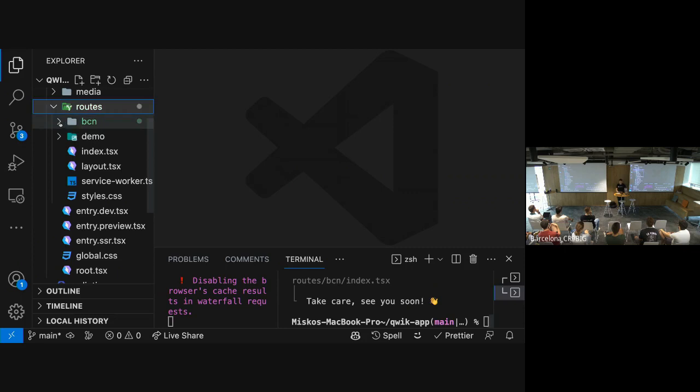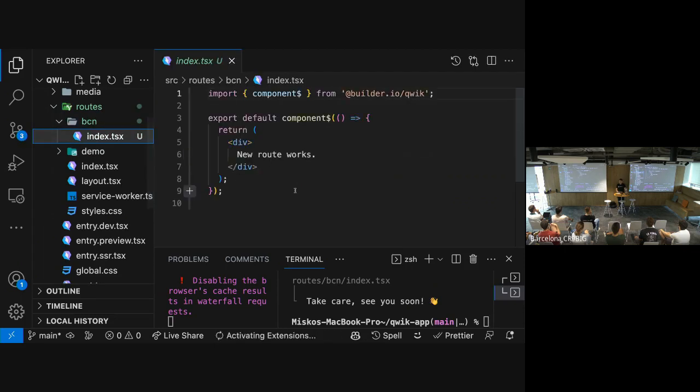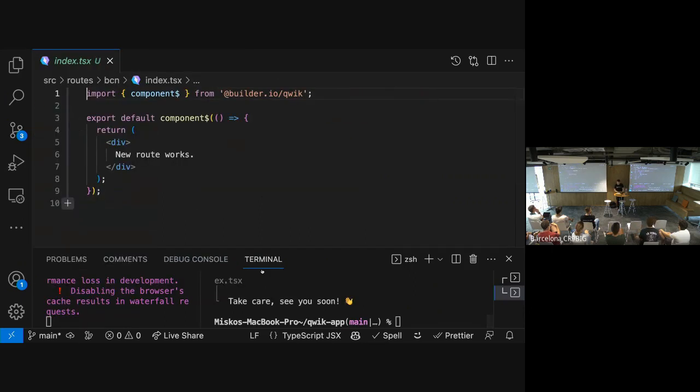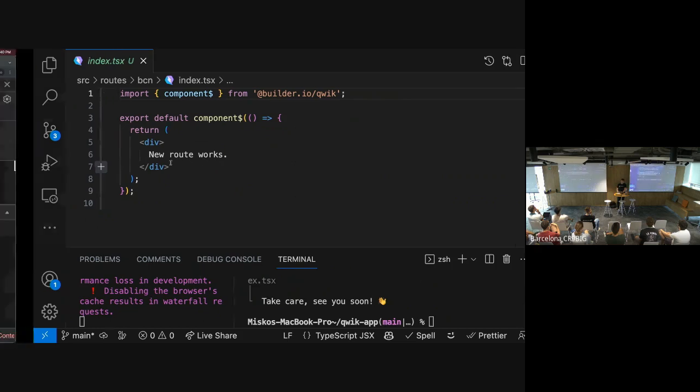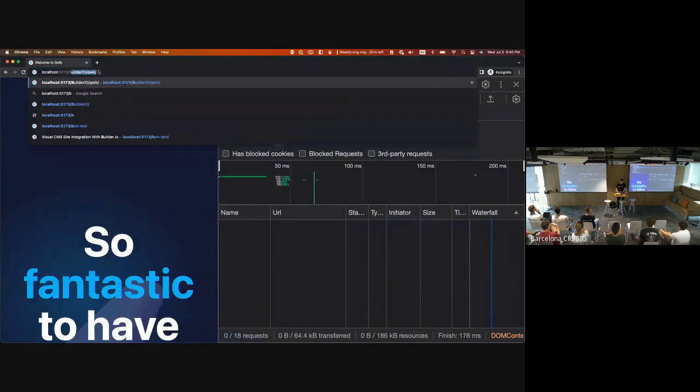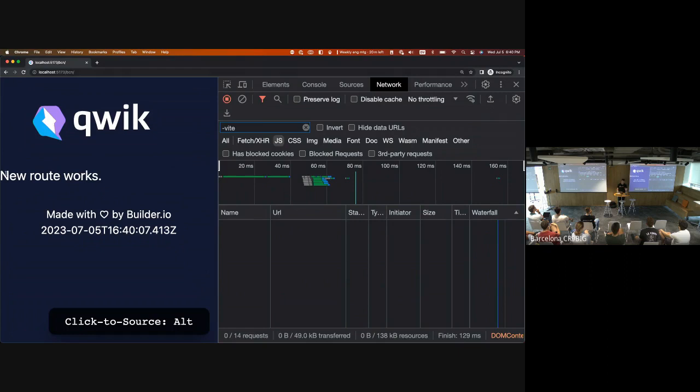Okay, I'm demoing a new command, and it is not working as expected. Okay, so here's the route /bcn. I just created a file with this inside of it, so it's nothing really much. I am going to do it manually next time until I figure out how to use this command. Okay, here's a component. So let's go to /bcn, and here is our